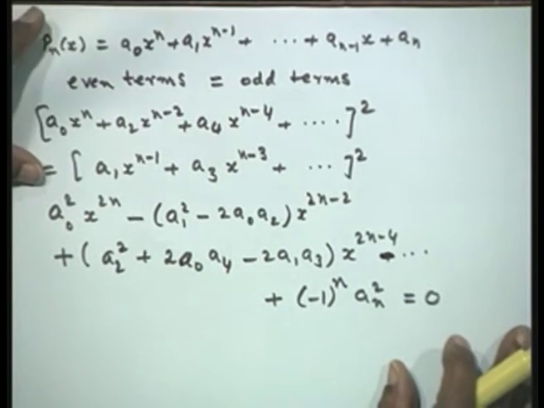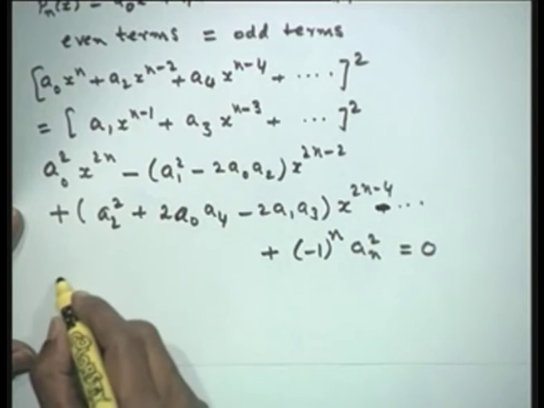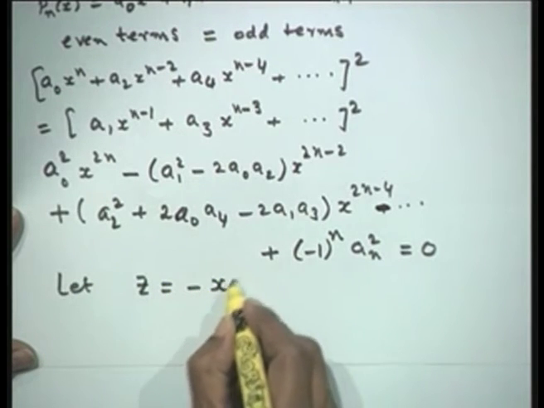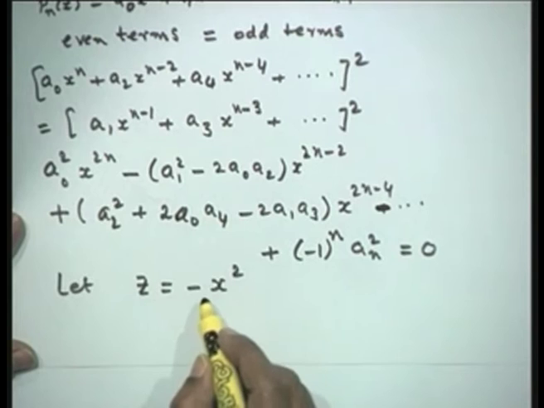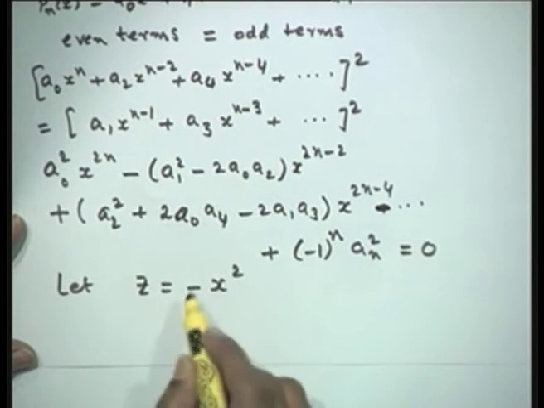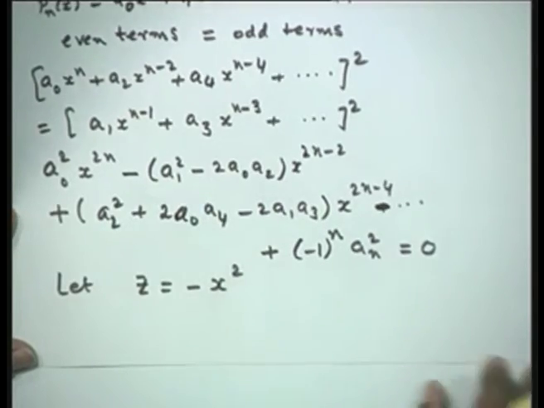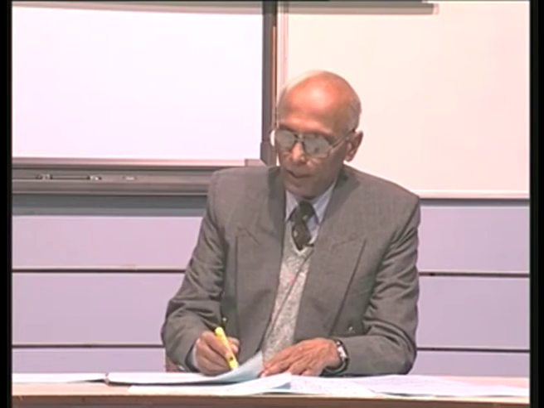What we do here is we said that I need a polynomial whose roots are the squares of the previous roots. Therefore in this I will let z be equal to minus x squared. In fact I am now taking the opposite sign of the square of the roots, so in magnitude it will be the square of the roots. So I substitute z is minus x squared. If I do that, we are substituting z is equal to minus x square in this.